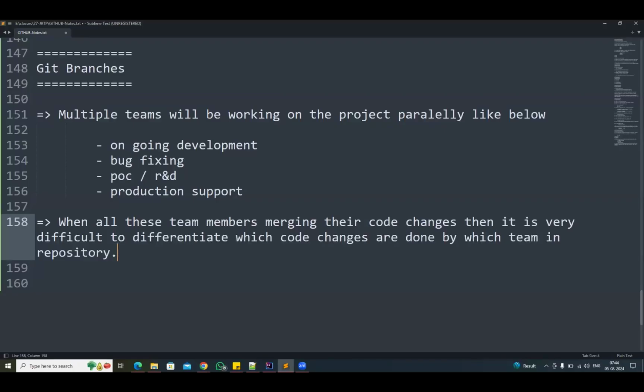From last 1 month, they are doing some code changes to the repository. Now, whatever the code changes are done to the ongoing development, that development requirement got cancelled today. Now I want to remove all the changes which I have done for ongoing development in the repository. So ongoing development team code changes available, bug fixing team changes available, production support team code changes available, POC team code changes also available. So it will be very difficult to differentiate which team is doing which code changes in the project. To overcome this problem,